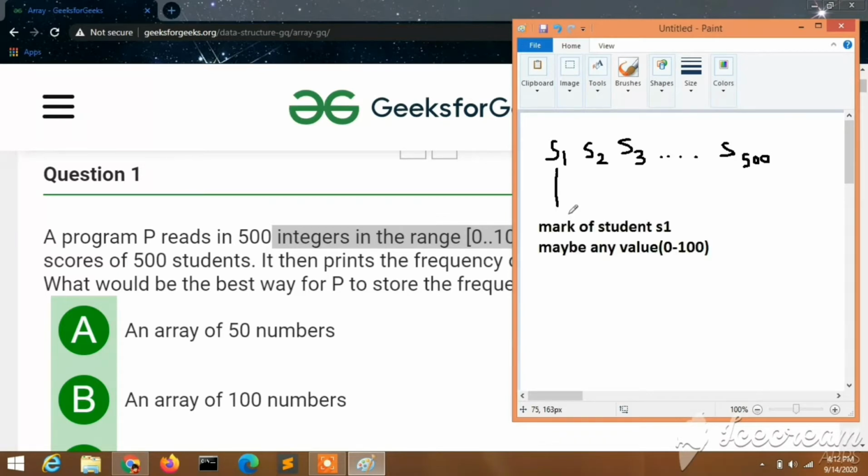Each integer carries a mark. The value of the mark may range from 0 to 100. S1 may have 42, S2 may have scored 51, S3 may have scored 0, S4 may have scored 100. Likewise, each student can have a different mark ranging from 0 to 100.